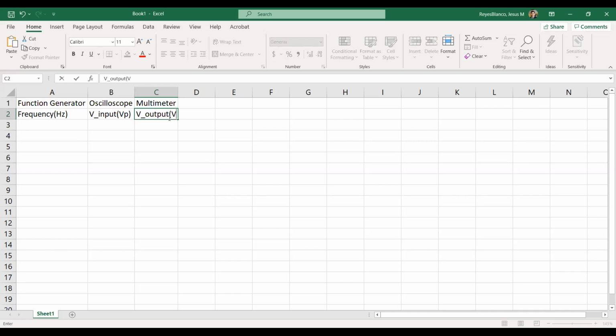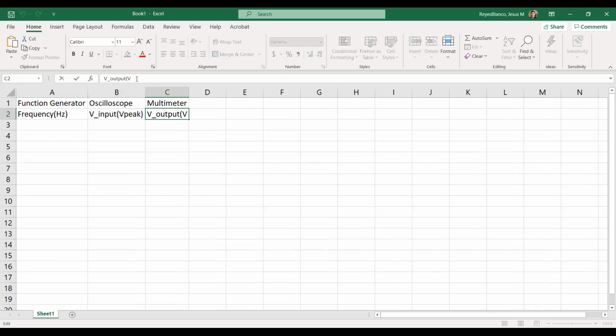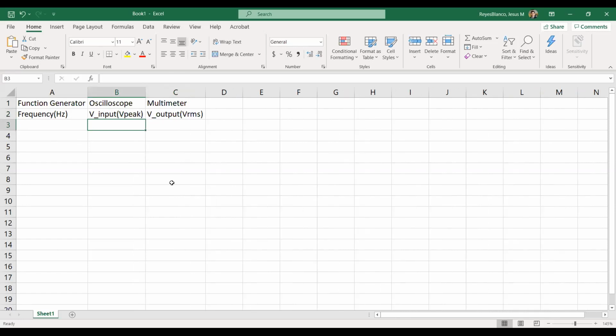It will be the voltage output, VO, but what is the quantity? Do you get voltage peak to peak? Do you get voltage peak? What do you get from the multimeter? Voltage RMS. We have to be super careful because right now, the way we have defined our columns,